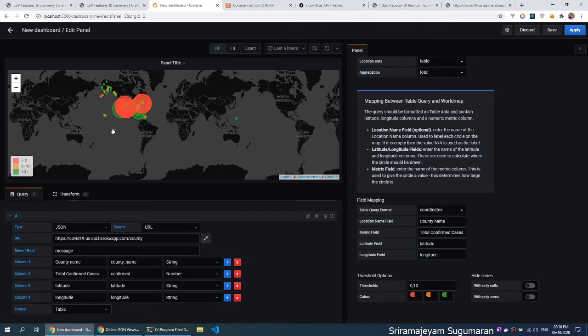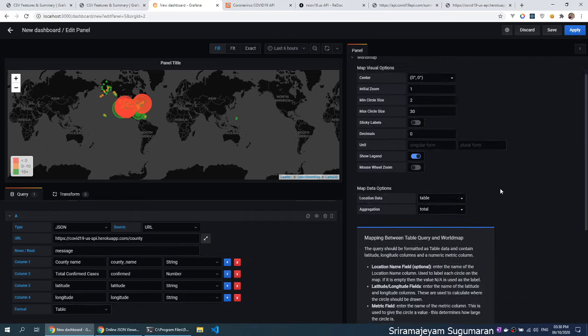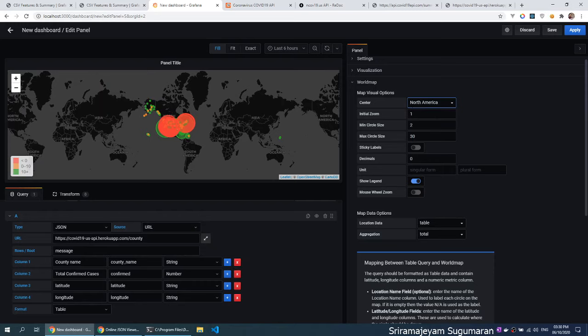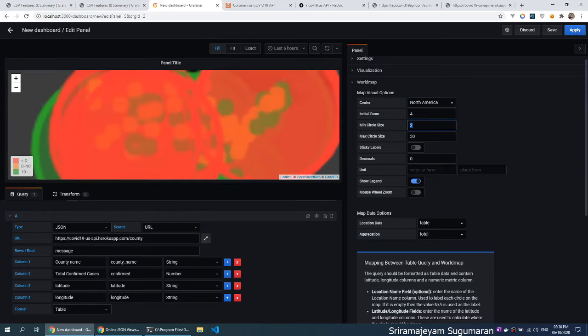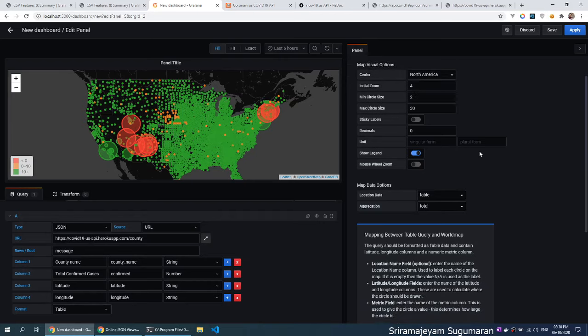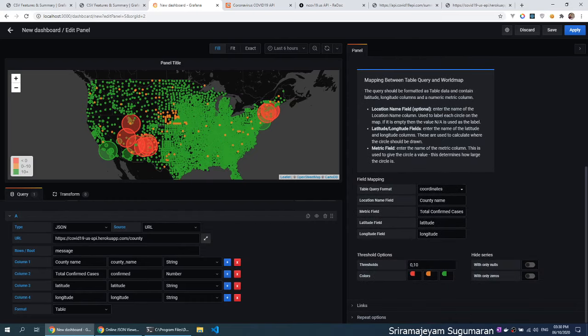Now you can see US details coming in. So let's zoom in. Instead of center North America, let's zoom in here, zoom to 4. Yeah, now this looks good. Now this has automatic thresholds, so make circle size. Let's see if we can put some thresholds.